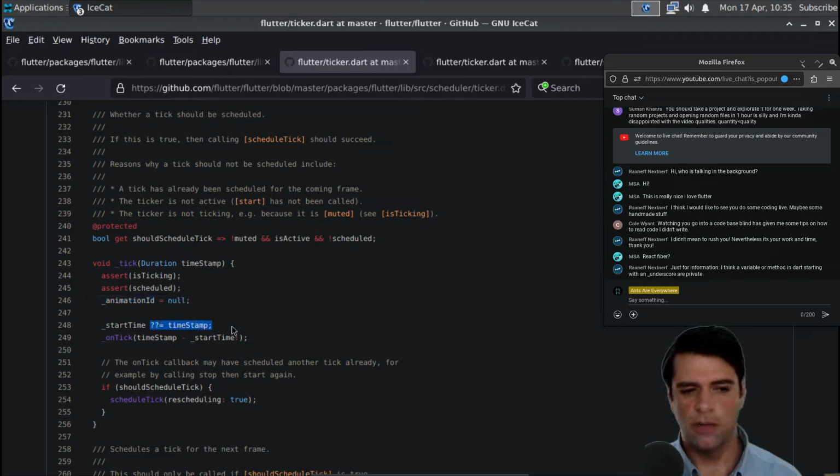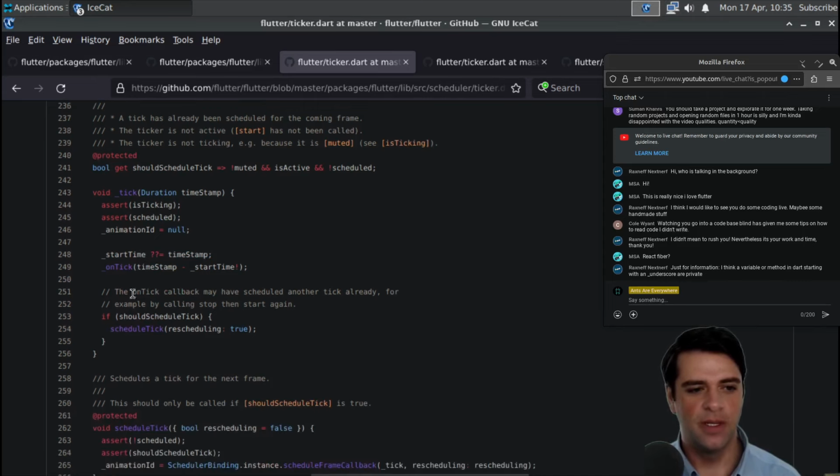Question mark equals. This I don't know exactly what's going on. Something about comparing the start time to the timestamp, I assume. Then we're going to call on tick, the callback, on timestamp minus start time exclamation mark. And then we'll check if we should schedule tick. Let's actually look up